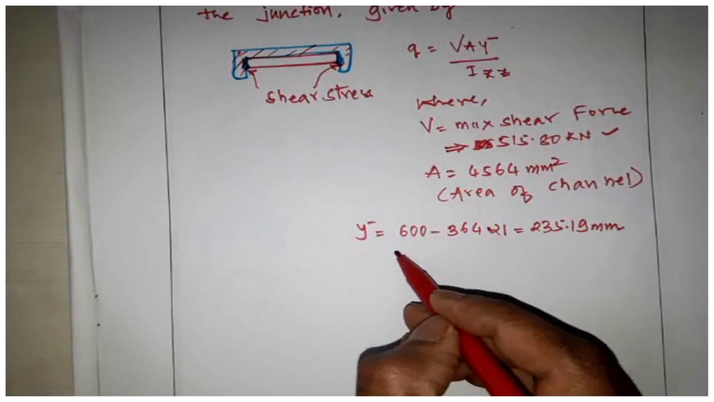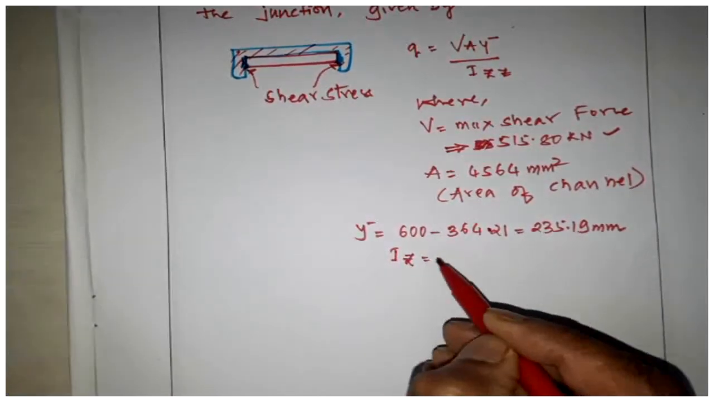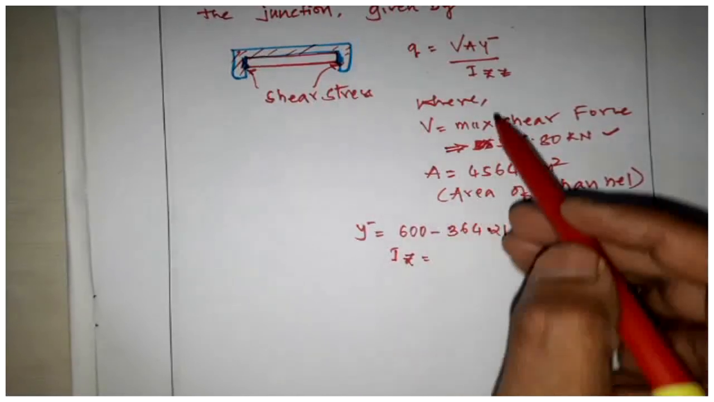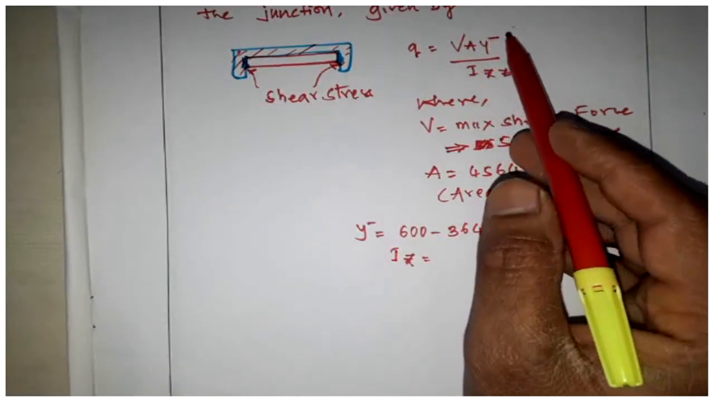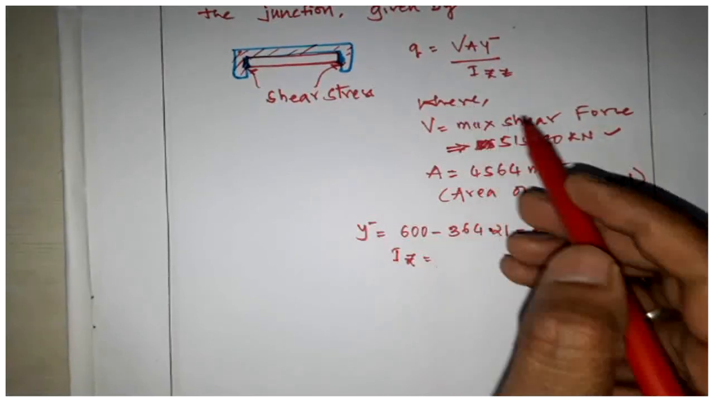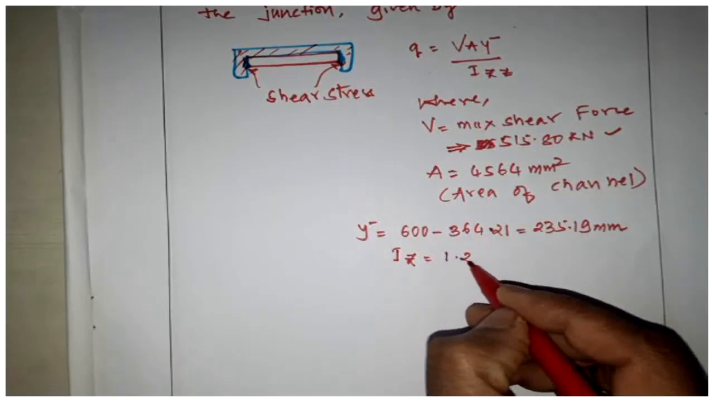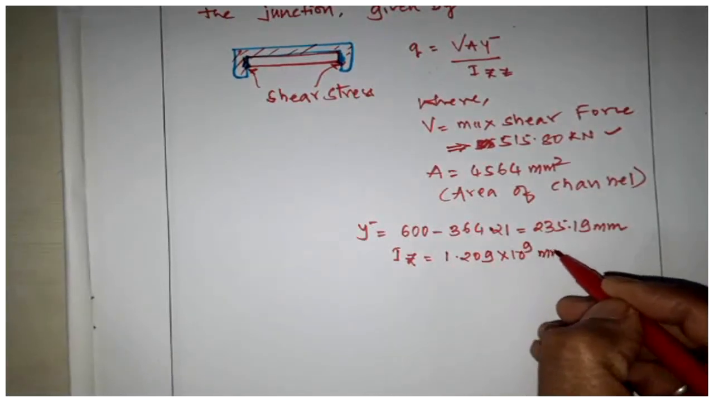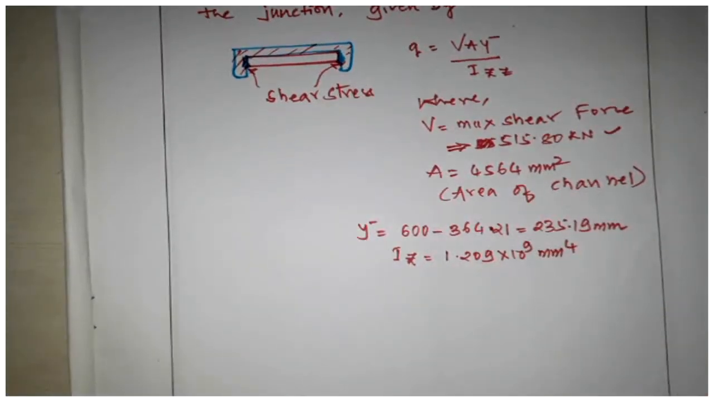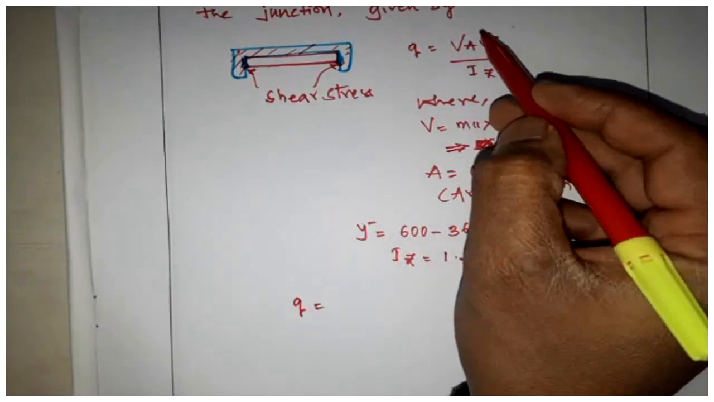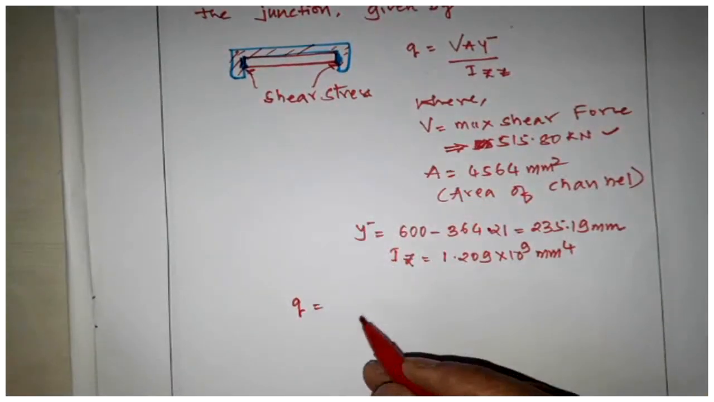Then Z, I think it is VA y bar upon I Z. Okay, so that is 1.209, this we have already calculated, into 10 to the 9 mm to the power 4. Understood? Then after substituting everything here, Q is equal to, after substituting in this formula, we get,